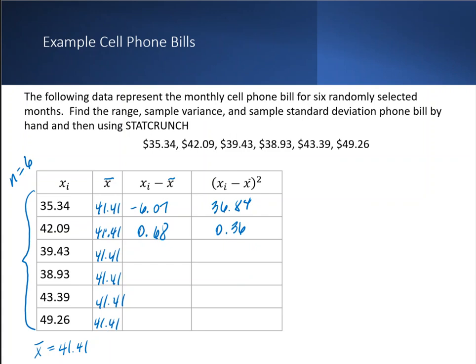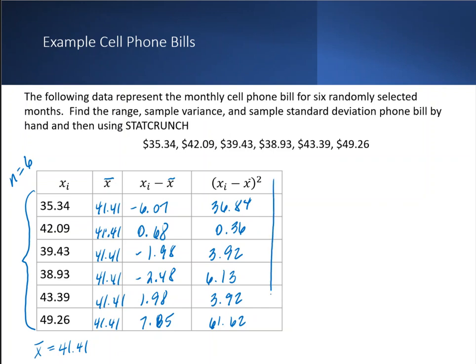So using your calculator, I want you to complete the remaining four blanks here. Fill in the rest of this chart and then check your answers with what I'm going to complete in just a moment. Okay, so here you have the finished table. I filled in all of the missing components to the table, and it's the last column that we are looking at now. So this last column here, I want to add all of these 6 numbers together. So in other words, I'm going to sum this last column, and I'll just put parentheses squared